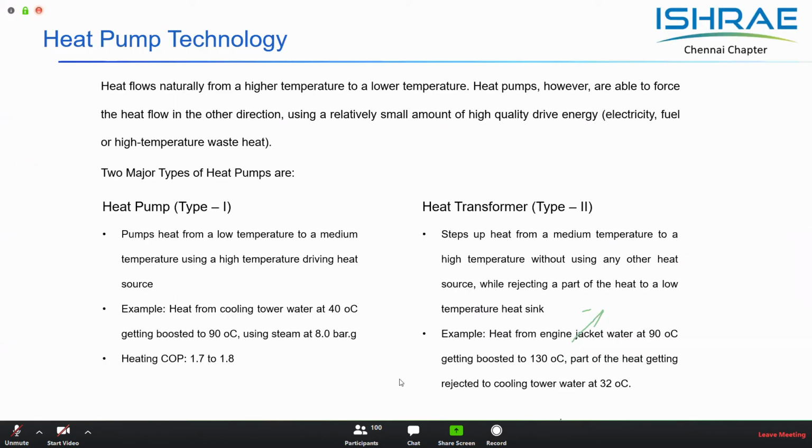Okay, so far we have been seeing the cooling aspect of this absorption technology. Now there is a heating aspect to this technology as well. What is interesting to note is that there are two types of heat pumps possible with this absorption technology. We call them the type 1 heat pump and the type 2 heat pump, or the heat transformer. They can be used for low and medium temperature heating in industries, as well as for space heating applications in cold countries. And this technology has a huge energy saving potential, which we will see as we move forward.